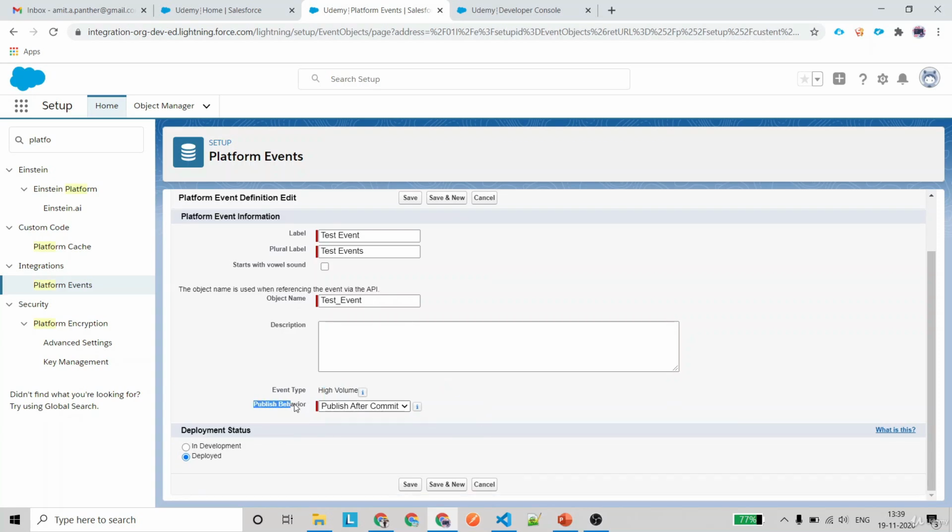Now let's talk about publisher behavior. Publisher behavior has two options. One is publish after commit, one is publish immediately. So when should you be using which one? If you are using publish after commit, that means your platform event is dependent on the commit of that transaction. Suppose that you are trying to publish this event on account creation, and then you are selecting